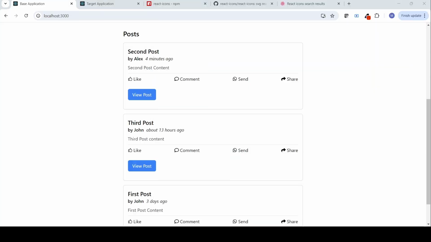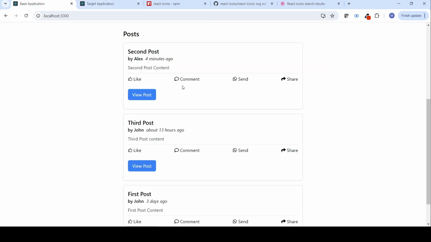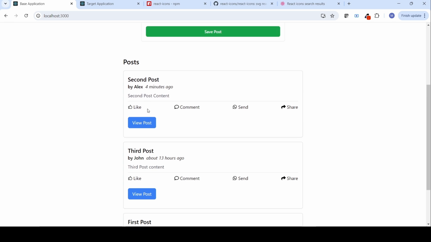Yeah, now they are properly aligned and they look similar to what we want to achieve at the end of this video. Okay. Now after this, what we want to do is,